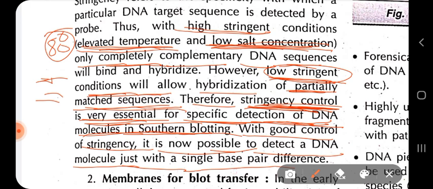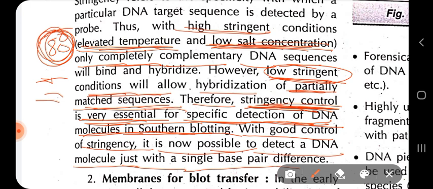That means we have to increase the temperature up to 80 degrees Celsius. We have used that for proper baking. During baking, after transferring the single stranded DNA onto the nitrocellulose filter paper, it is subjected to high temperature so that it can stick to the nitrocellulose filter membrane. And we have also used low salt concentration. Okay, mild alkali treatment, right? So that is enough for accurate probe hybridization with its target or complementary